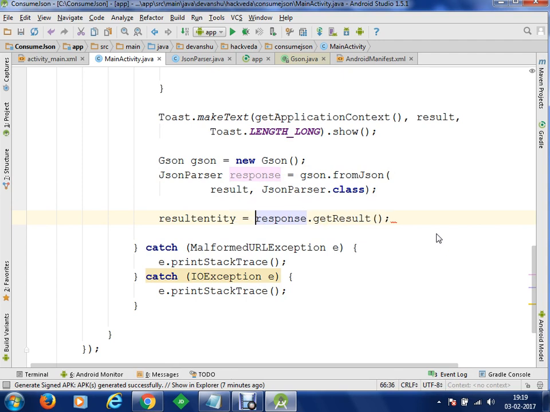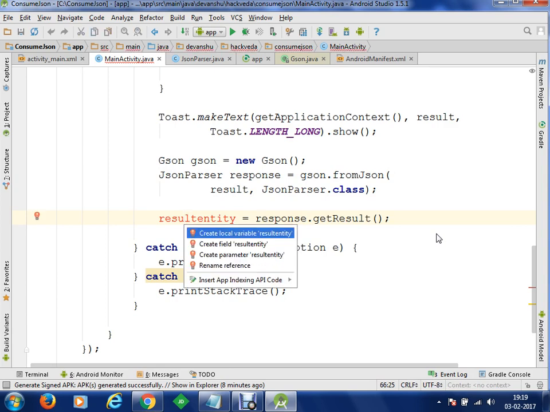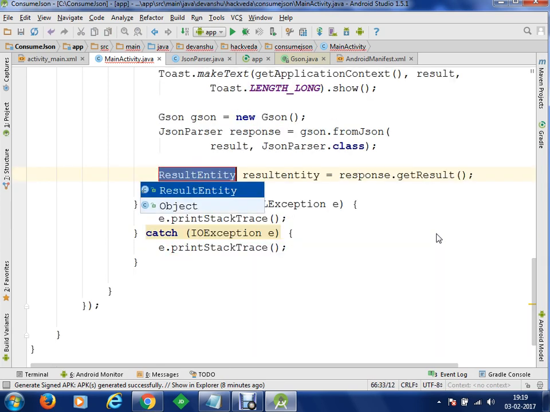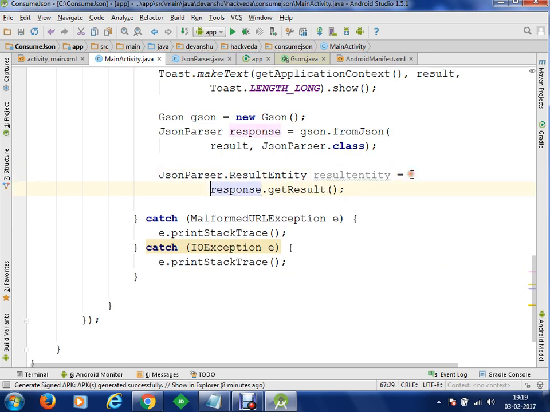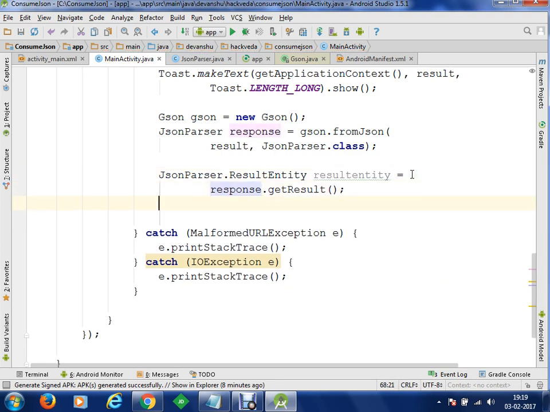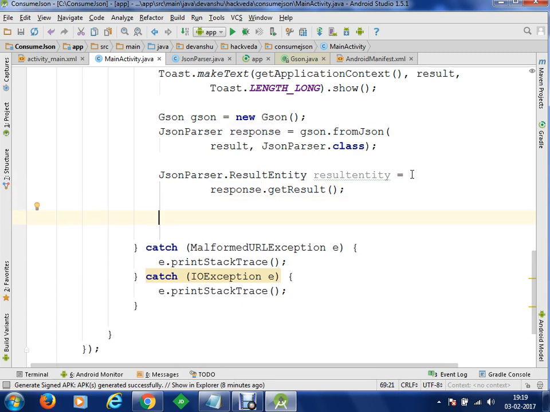And we can create a class with the name result entity. We are going to create a local variable. So result entity has been created. Now, from this result entity, we will be able to get our email, mobile and whatever we want. So what will be done, let's say we are going to use result entity.